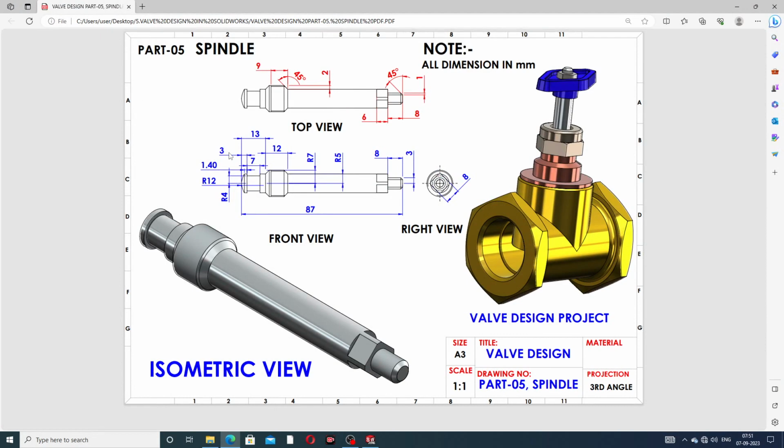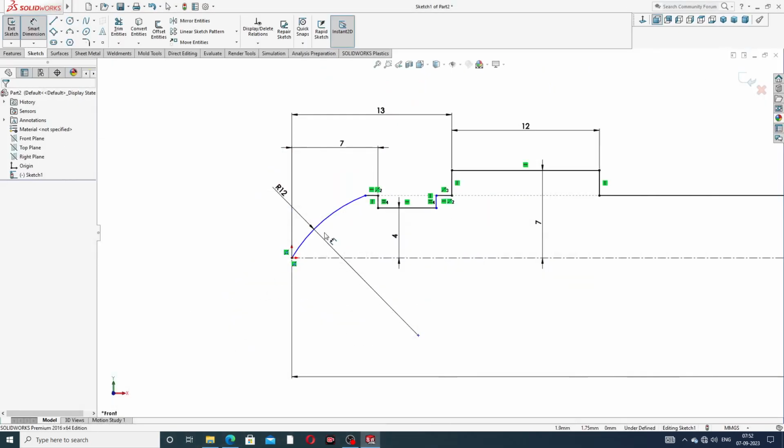Okay, this distance is 3 millimeter is perfect, and this 7 millimeter is correct, and this point to this. Okay, and again select this point,